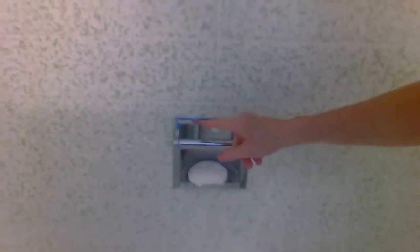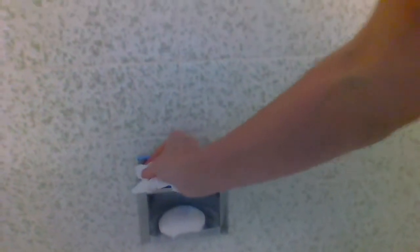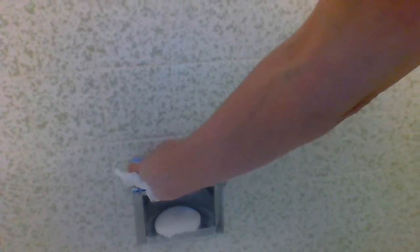I don't like how sealant looks around. I don't want to put white sealant around this because it looks messy. So I just did a clear, which probably is not even really necessary, but I did anyway. It's totally clear, so you can't see anything. Of course, I just scuffed it up a little bit. I don't know how the sealant, oh, I know, because I was polishing with stainless steel polish, and I got some on the tub. But anyway, if you just walked in this bathroom, everything looks pretty much like new,